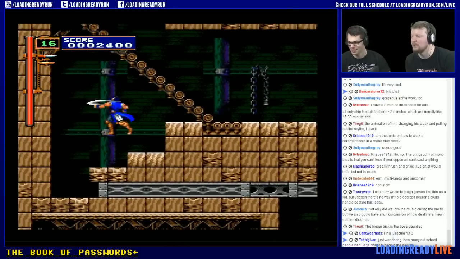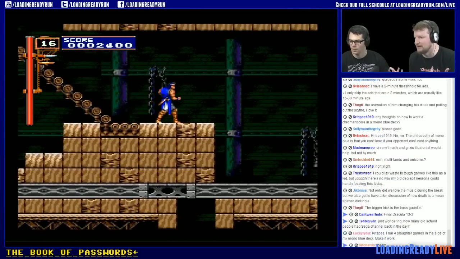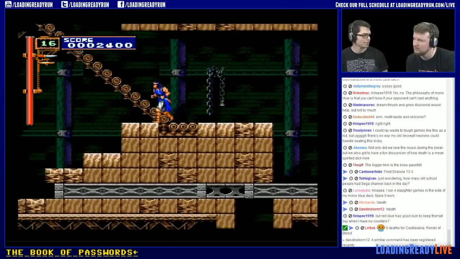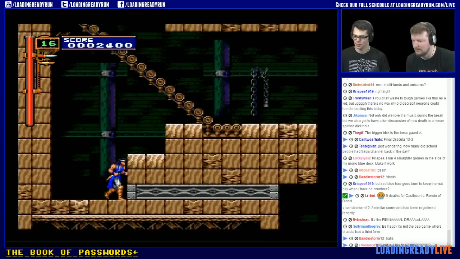So wait, no, open the wall first. No. Right, yeah. Then you get the, oh, you're at full health anyway, so we can't open the wall first, because if we open the wall first, then we can't get back up here. Oh, yeah. So we gotta do this first. Well, you don't need the meat anyway, so...